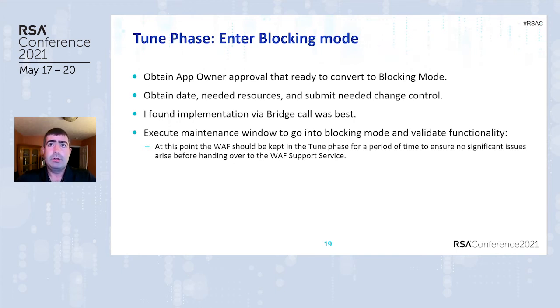The tuning resource would simply open with a go, no go. If go, he would log into the WAF. It'd take 1 to 2 minutes. He'd set it to blocking. And then once it was set to blocking, he'd throw a specially crafted benign URL. And if we got the block screen, he would turn over the environment to the application developers and testers to go through and test and see if there were any issues that they could find. This went very well. Once again, about an hour's worth of testing, and we'd close the meeting.